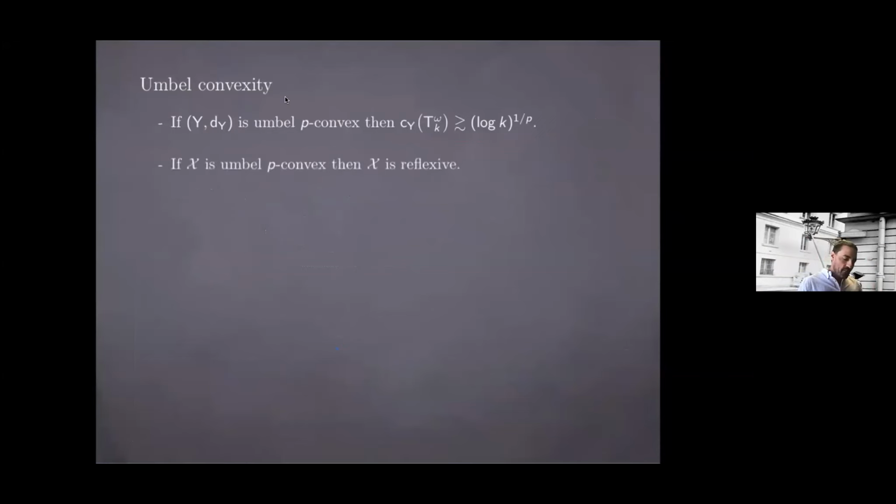And now what is maybe less immediate is that if you have a Banach space, and if your Banach space is Umbel p-convex, then the Banach space must be reflexive. Okay. So in the local theory, you don't have this problem, because in the local theory, if you do not